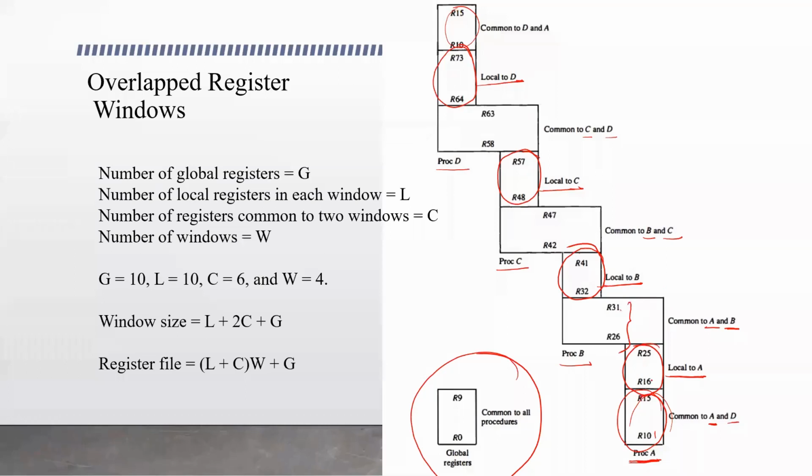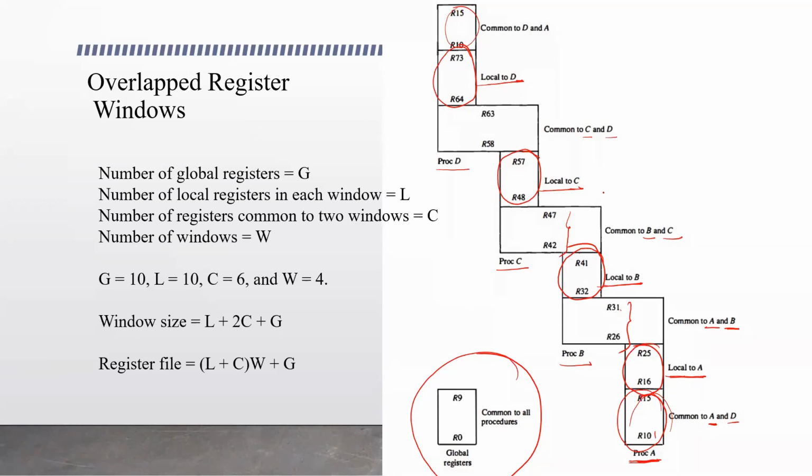Only the local variables of A are stored in the local registers. If the data common to both procedures are stored in these set of registers, the access is easy. Procedure A and B both can access the data stored in these registers. This way, even when procedure B calls procedure C, there may be some data commonly used by procedures B and C that are stored in the common registers R42 to R47. It can be accessed by procedures B and C.